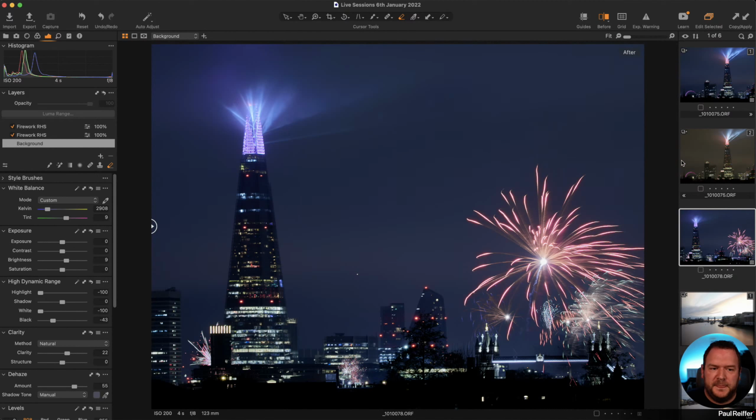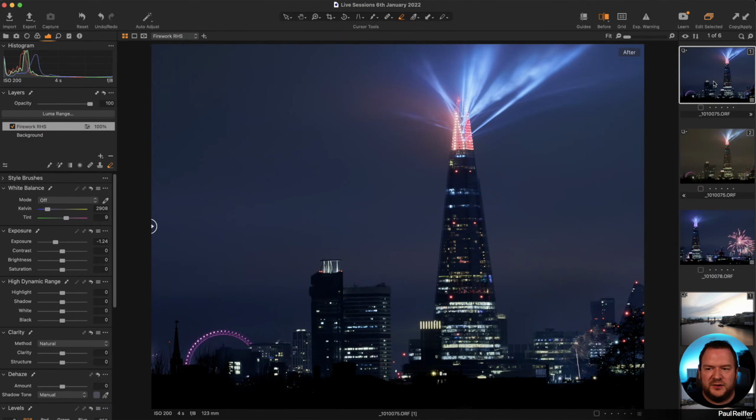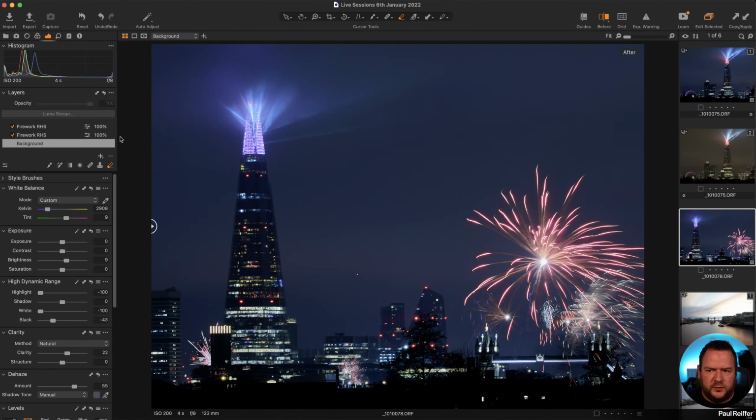Now here's the thing. If you have made some changes already to this one, and I copy these changes, Command Shift C, you notice I've got a layer called Firework right hand side and background. On this one, I've got 2 layers. So let me paste it again. Let's just do that apply again. It's added another one. Apply, it's added another one. And all that's happening is I'm getting more and more of these right hand side layers.